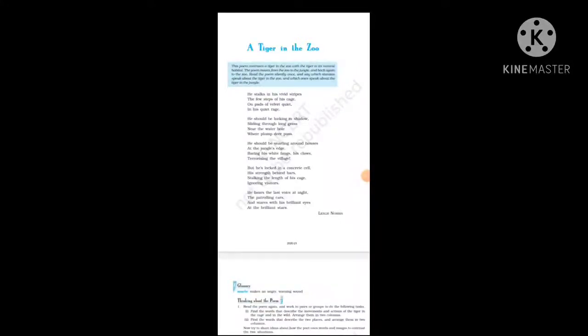He's saying he should be snarling around houses. So here the poet is telling us that the tiger should be snarling. Snarling means he should be making noise, the noise that frightens people. He should be snarling around houses, because